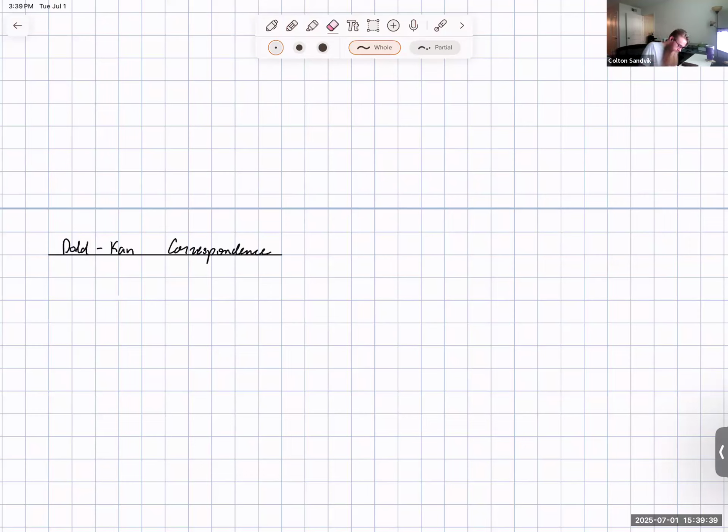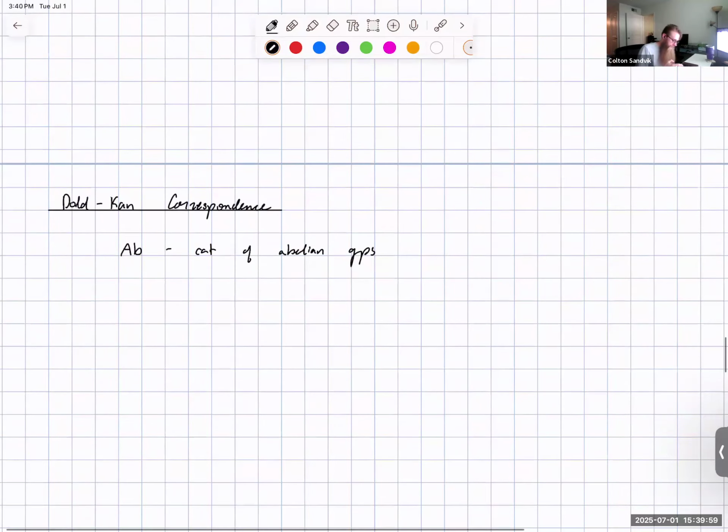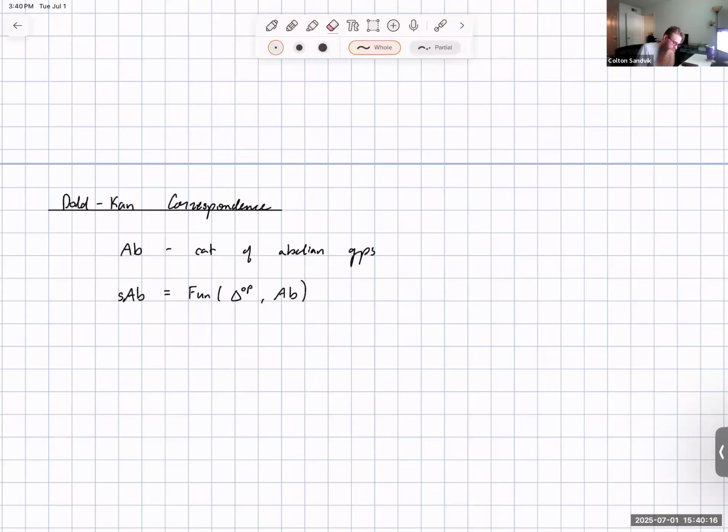So let me start with some notation. We have AB for the category of abelian groups. I'm not assuming any finite generation or finiteness of these because I want these to be complete and co-complete. And then we can define the simplicial abelian groups. This is just the simplicial objects in the category of abelian groups, i.e. the functor category from the simplex category into abelian groups. This is called the category of simplicial